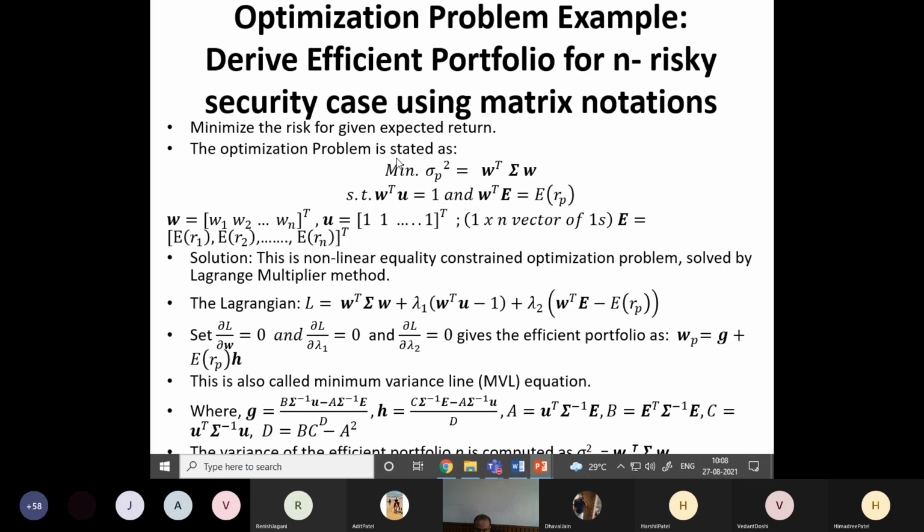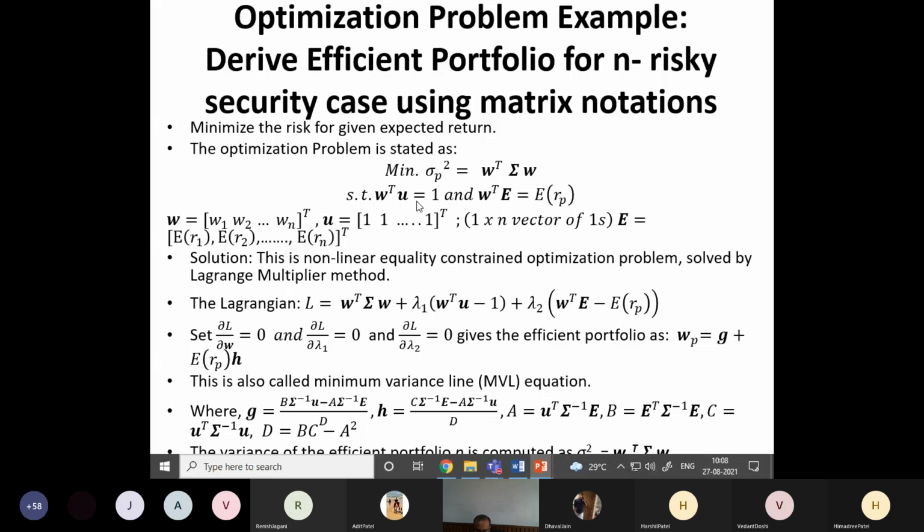To solve this optimization problem, we have one objective function, W transpose sigma W, and two equality constraints. I use the Lagrangian multiplier method, which is the method to solve this nonlinear equality-constrained optimization problem. We have seen this earlier, but now it has two constraints. So I write the Lagrangian equal to my objective function W transpose sigma W plus one unknown scalar parameter, lambda 1, multiplied by the equation of the first equality, taking all the terms on the left-hand side and making the right-hand side equal to 0.